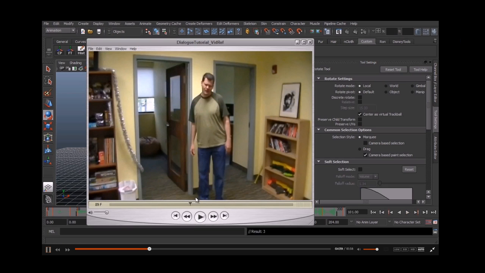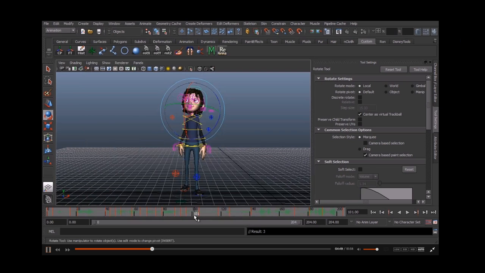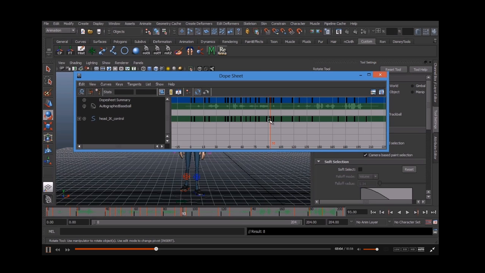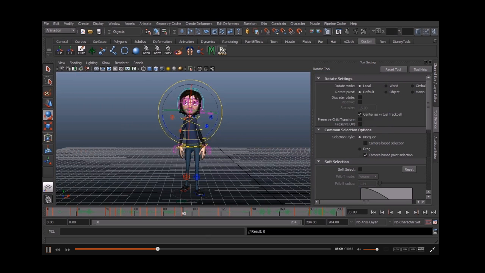Okay, now we can really focus on the head coming around here. So first, it rolls up at 93, from there to there, and that's kind of up and straight. I'm going to kill frame 92 so that we're not fighting. I'm going to kill the next frame too, because I'm probably going to end up just replacing it. So at 93, that head is up, kind of like this,